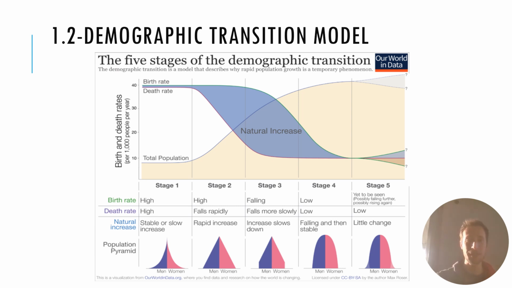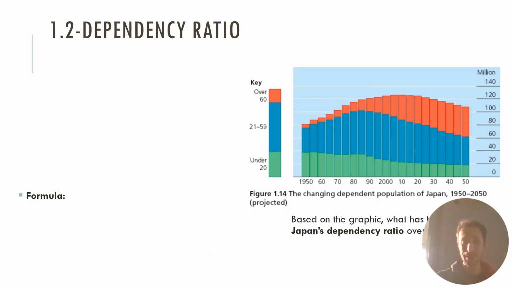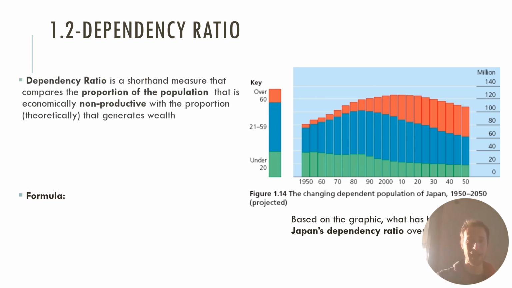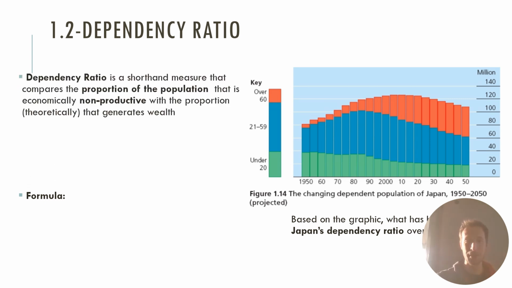So knowing this transition, knowing the characteristics of a nation that goes through these transitions and how to tell, is going to be beneficial for paper 2 as well. Dependency ratio is something you need to know how to calculate and what it means. It's a shorthand measure comparing the proportion of the population that is economically, quote unquote, non-productive with the proportion